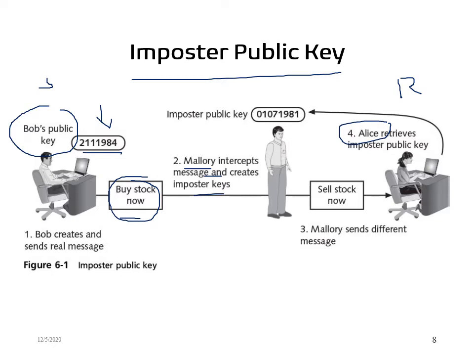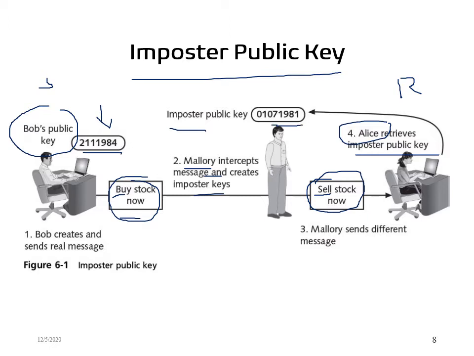The attacker Mallory uses his own public key, right? He intercepts Bob's message and changes it into "sell stock now". The original message is "buy stock now". He intercepts the message and transforms it into "sell stock now", with the help of the public key. So Alice retrieves the imposter's public key. He sends the message "sell stock now", and he imposted the public key